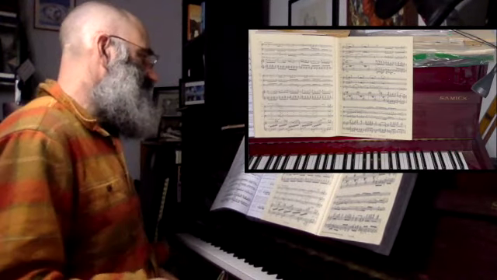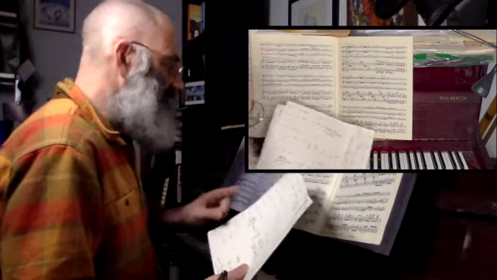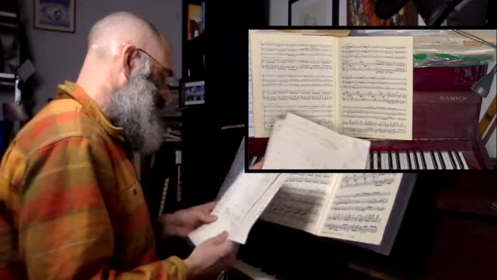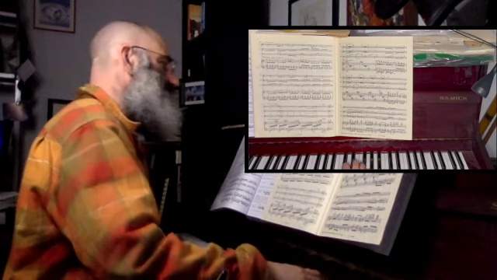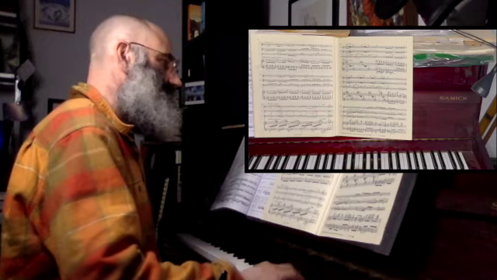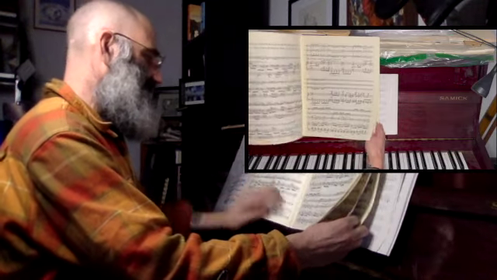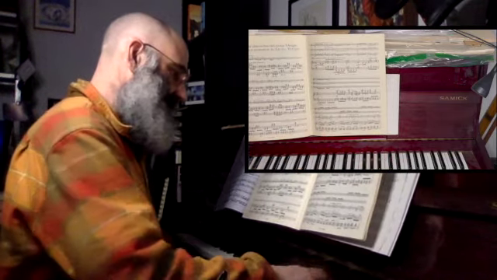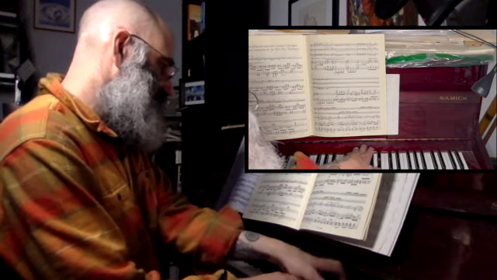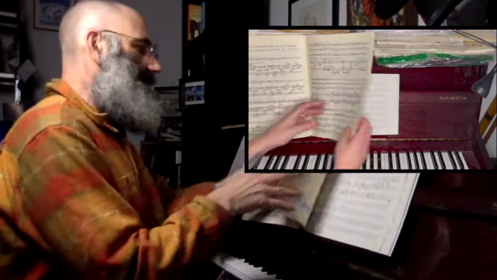It points out at H that we have the development of the commentary on the second theme. And what he's referring to as the commentary on the second theme is this idea. The first time we hear that in this movement is on measure 17, down here. And then when we hear it